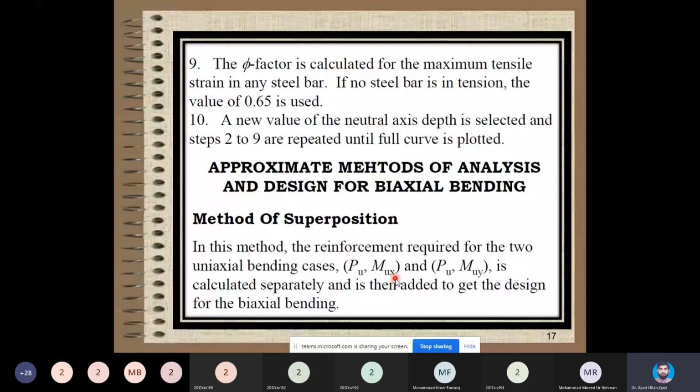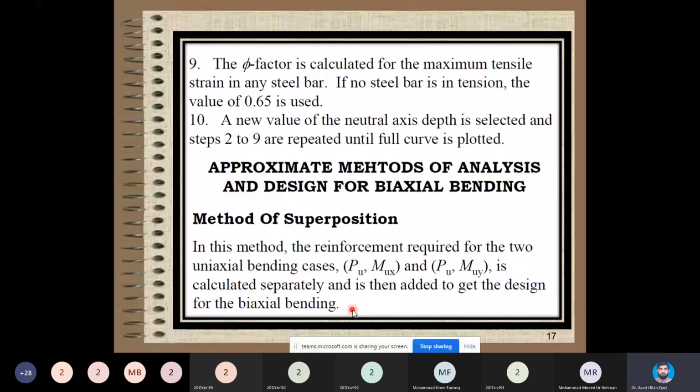When Pu and Mu are present only, the column requires 1% steel. It means 2% from moment about one axis and 1% from moment about the other axis. You will sum them up and then detail your column with 3% steel. So calculate it separately and then add it up to get the design, very much, I would say, conservative,